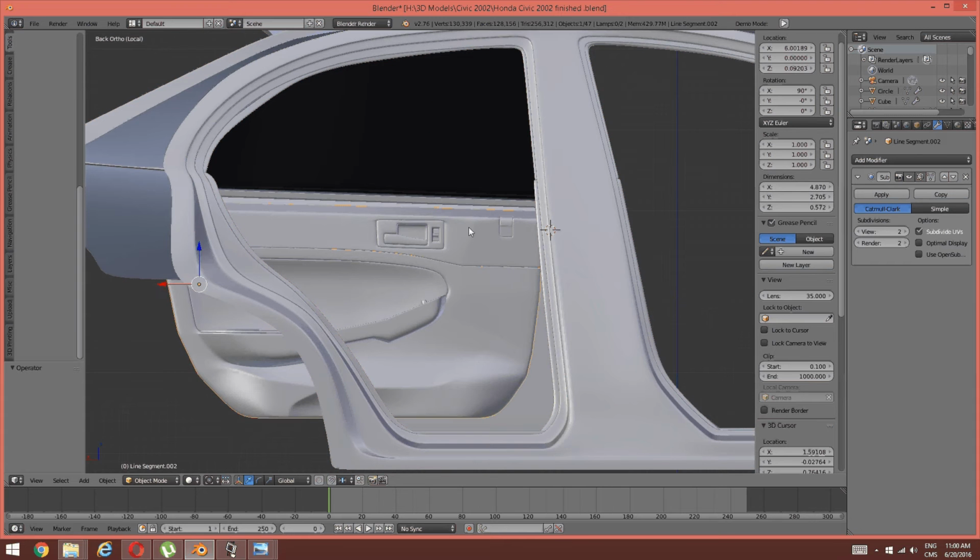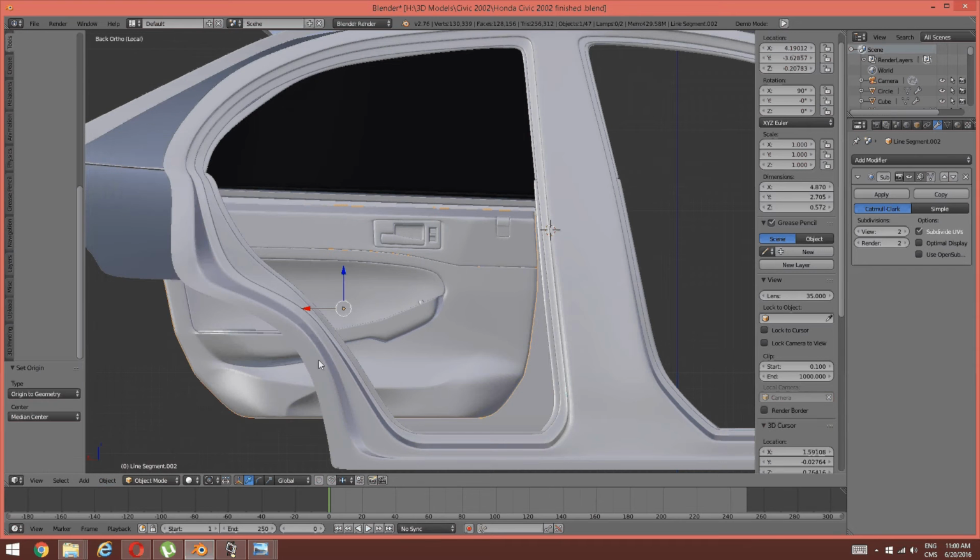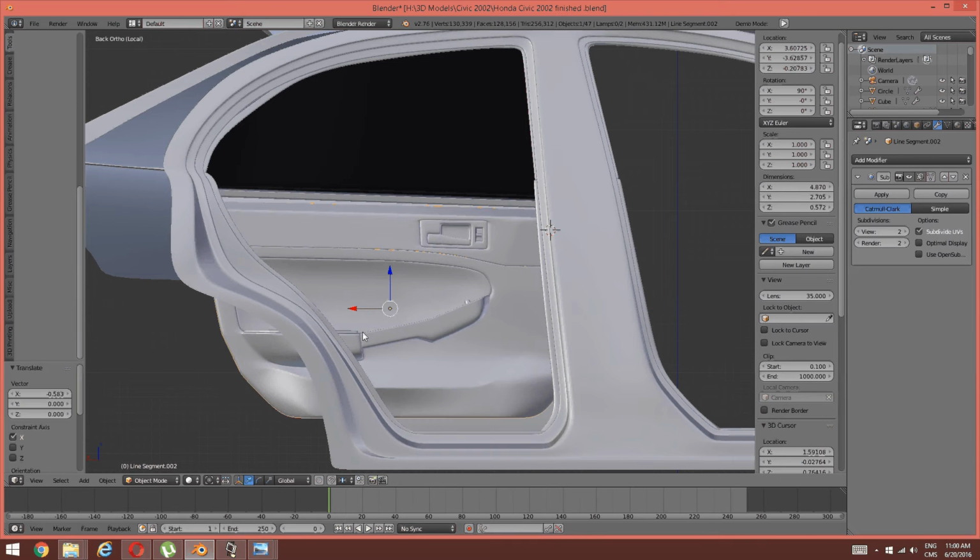So I'm just gonna go into here, and I'm gonna bring geometry to origin, move this right about here, go into here,